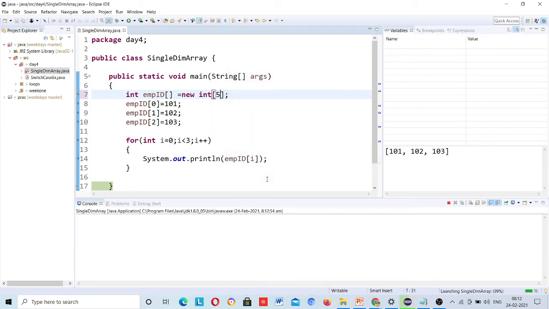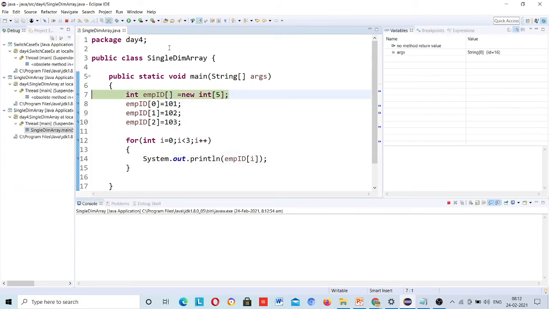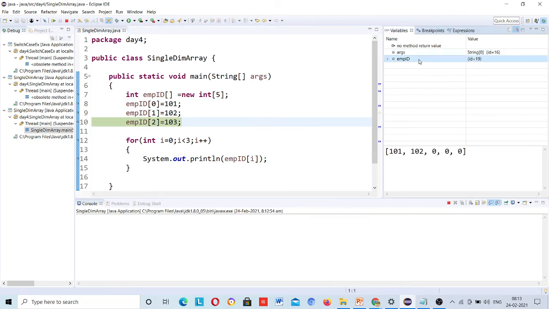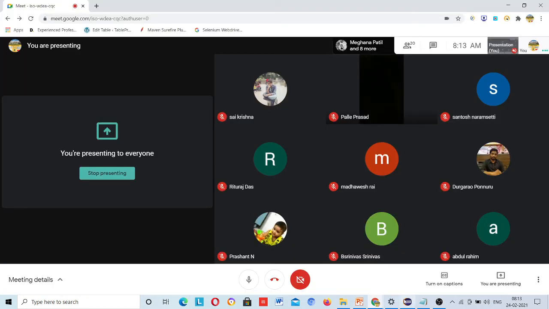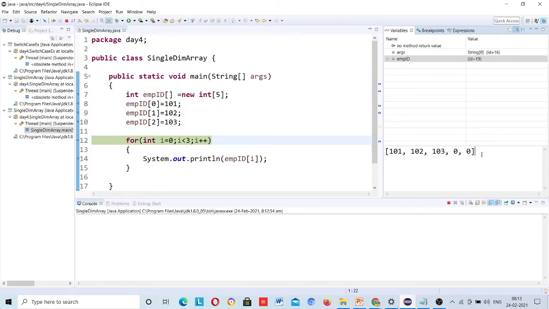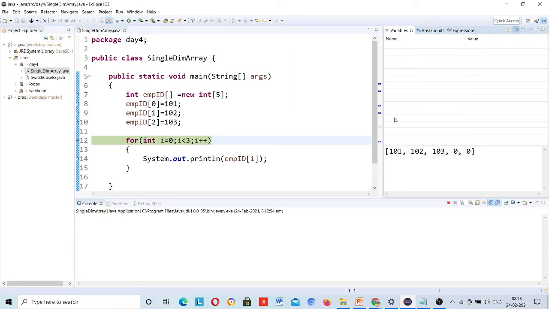The rest of the indexes will be blank. I have not stored in those indexes, so they will be blank over there. Just I need to put one more. This will be blank. Okay, this means memory wastage. When I start the collection topic, I will tell you why array is actually wasting the memory. Everything will come in time. So here this is your array index.